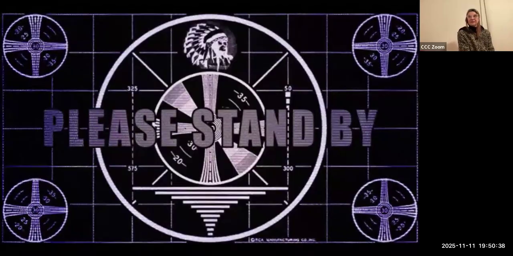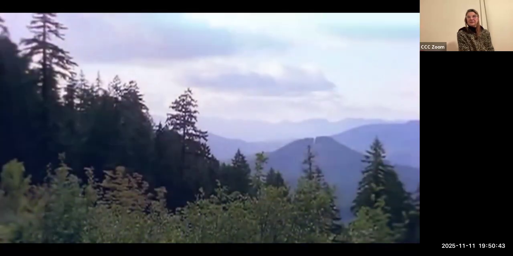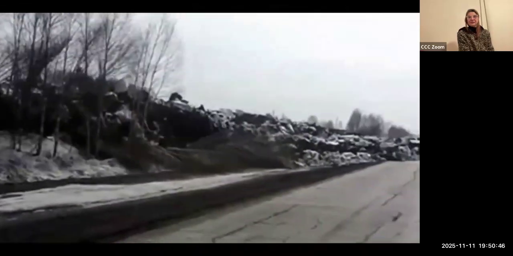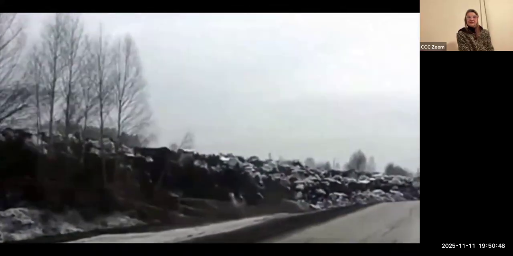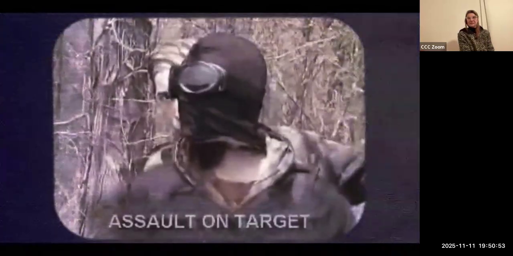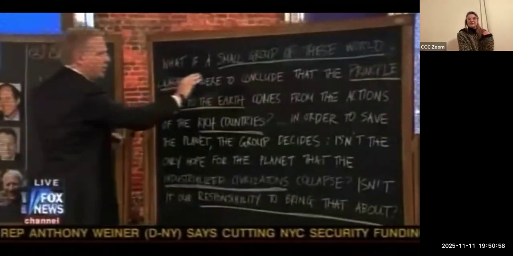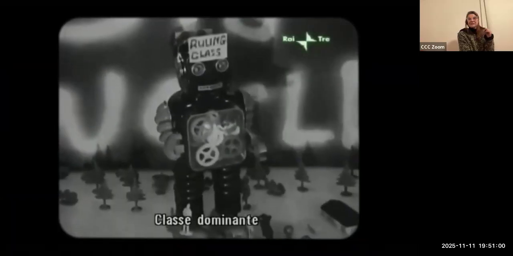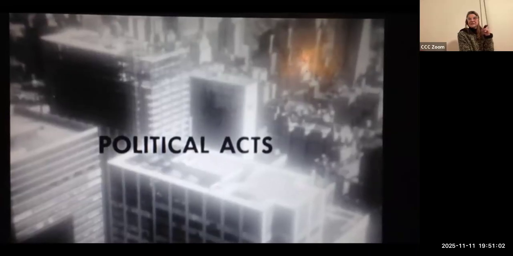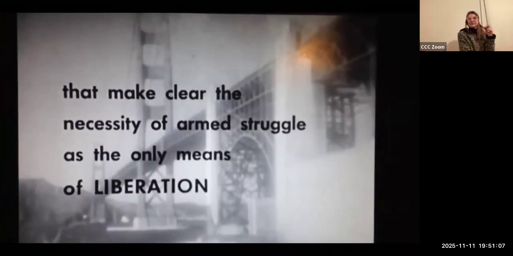Stand by. What if a small group of these world leaders were to conclude that the principal risk to the earth comes from the actions of rich countries?